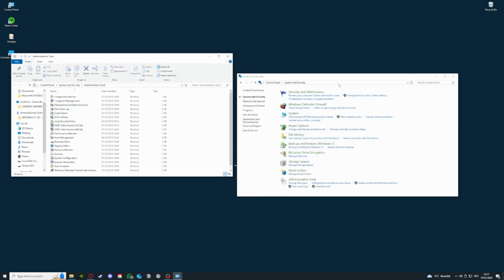You can achieve that by going to your control panel. You can search for it down here or double click on your desktop, and you will go down to System and Security and Administrative Tools and click on this cleanup,